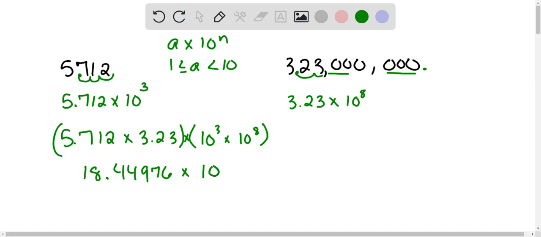Now I'm going to add these exponents together because that's the product rule. So 3 plus 8 is 11. Now from here, if I want to take this and put it into scientific notation, I would have to move the decimal point over one more spot. So that would make that number between 1 and 10. So this will be